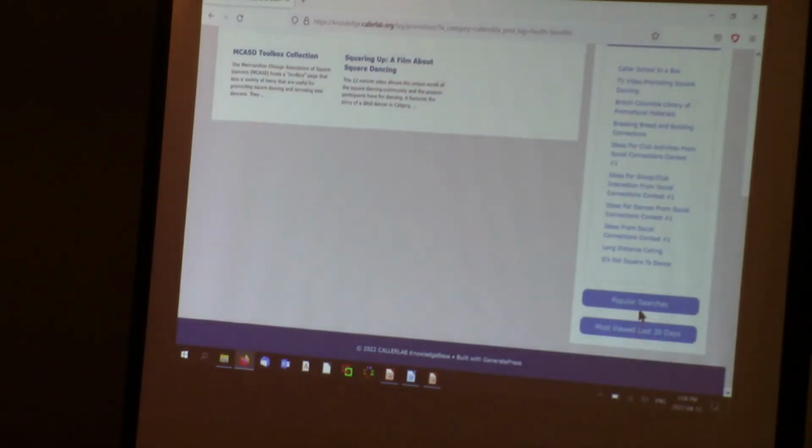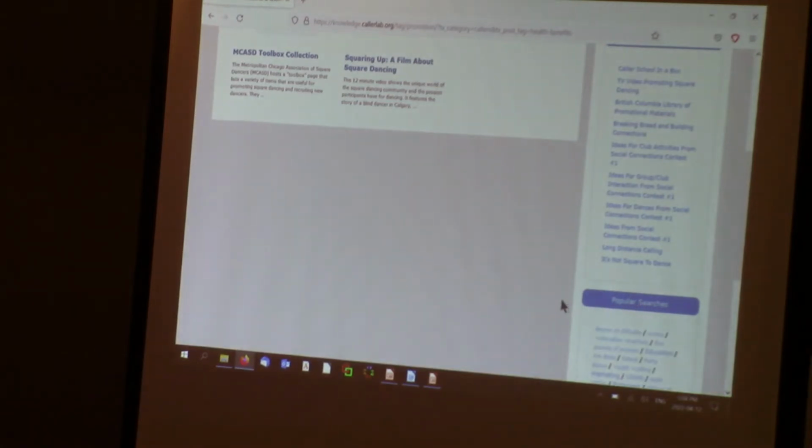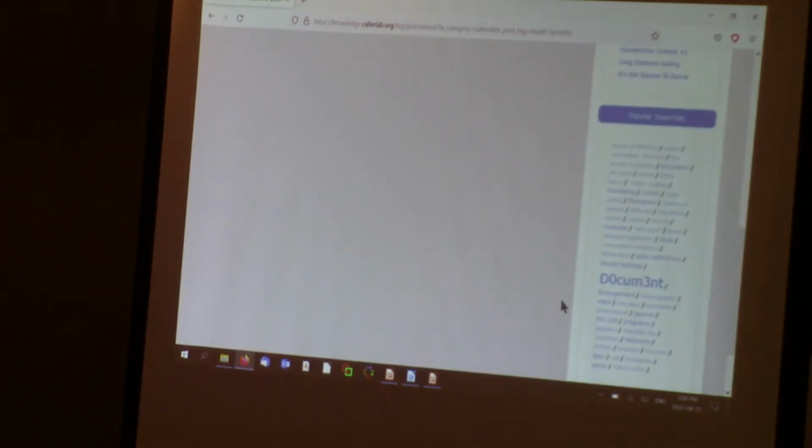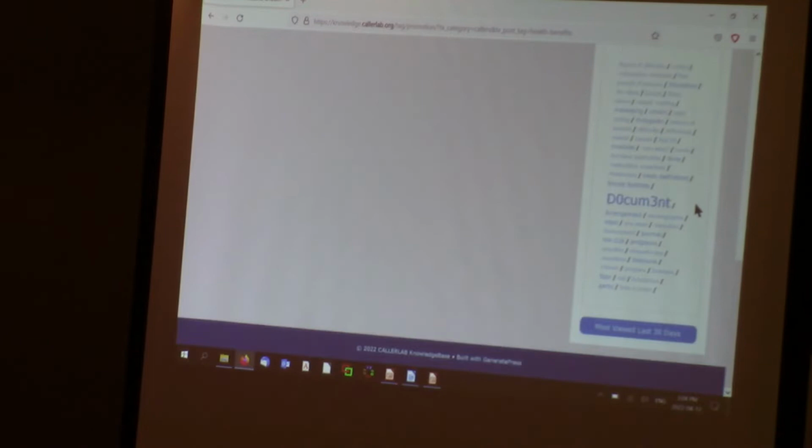If you're wondering what do people look at, here's popular searches. It's hard to say what you're going to find in here because the time that it looks at can vary. So if you're wondering why this one is so big, that's just because of a kludgy thing that I put in there to enable us to find all the things that are documents.